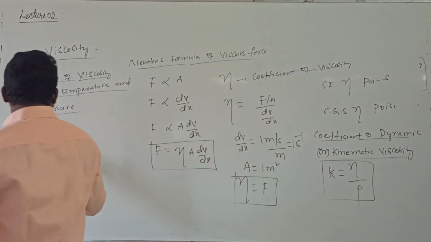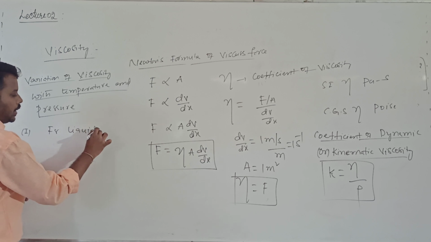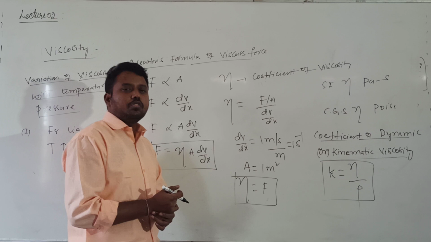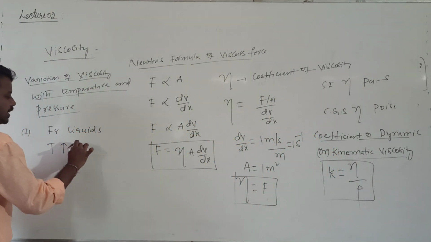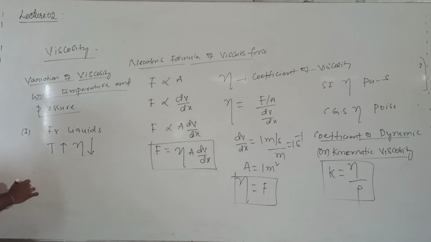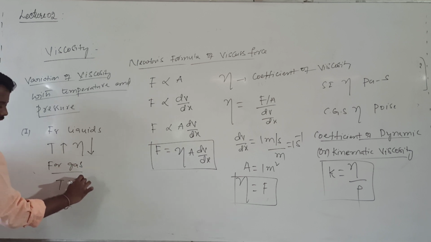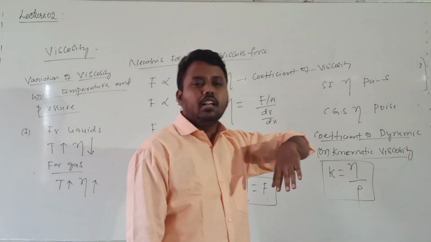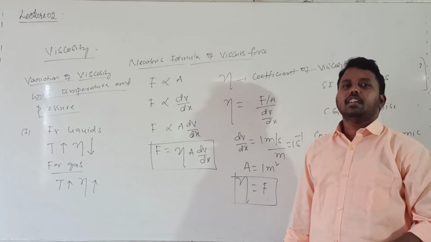Generally for liquids, with increasing temperature, intermolecular distance increases, so molecular interaction decreases. That's why the coefficient of viscosity decreases. Whereas for gases, how can we measure the viscosity of a given fluid? By knowing this constant only. If the coefficient of viscosity is more, it means viscous forces are more, otherwise less.